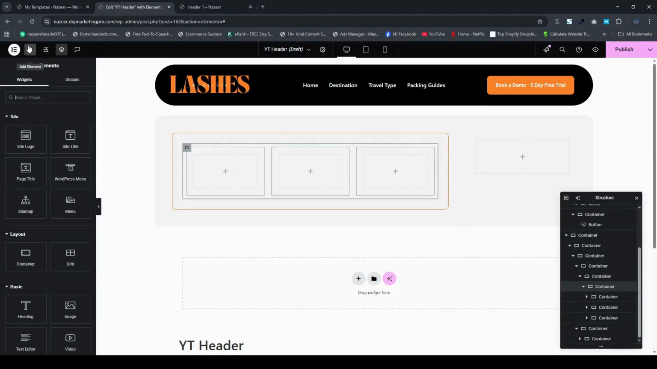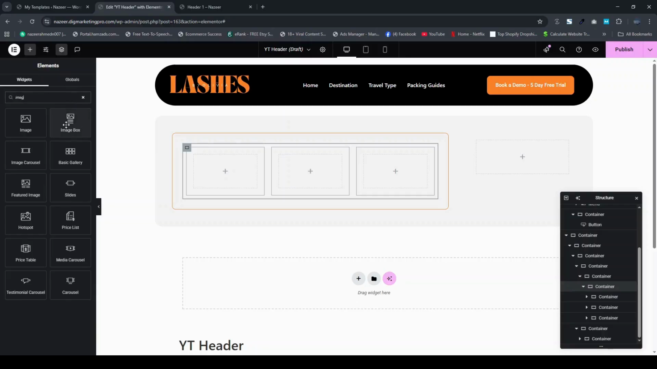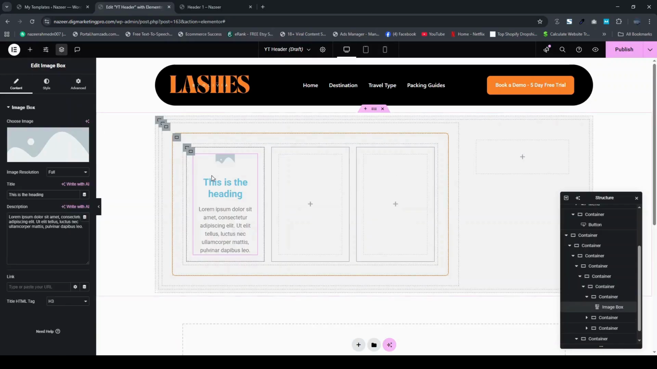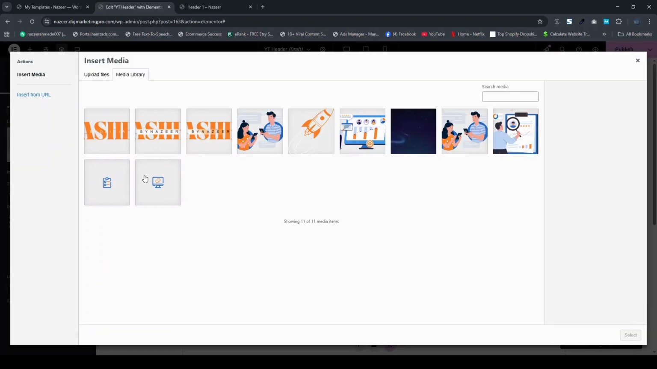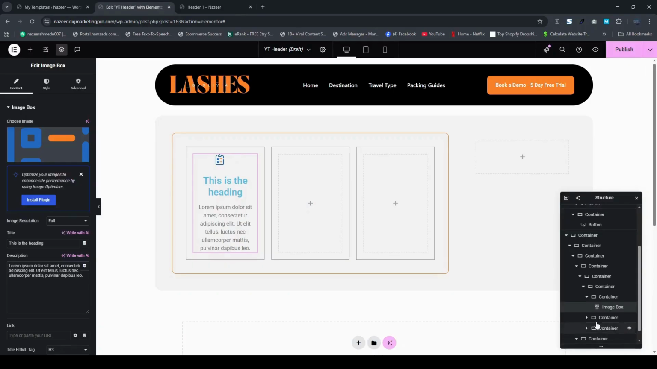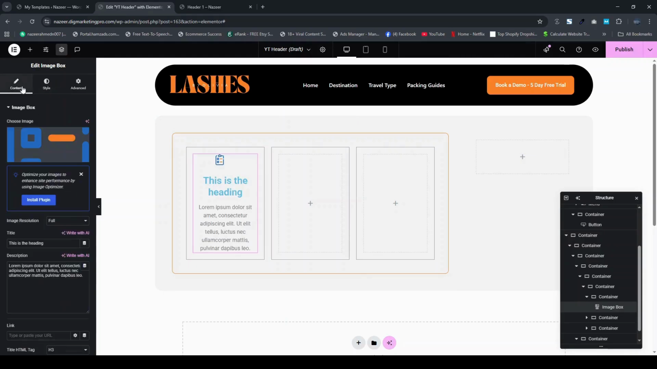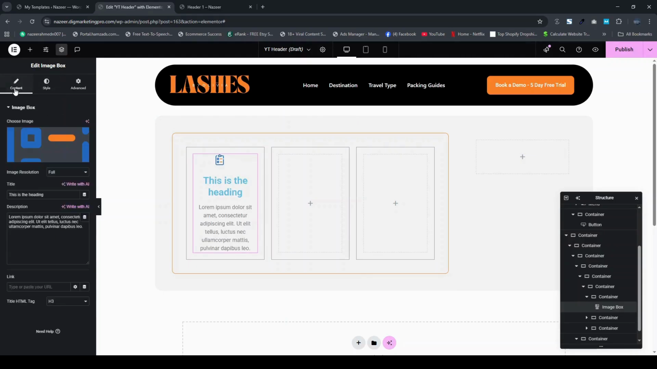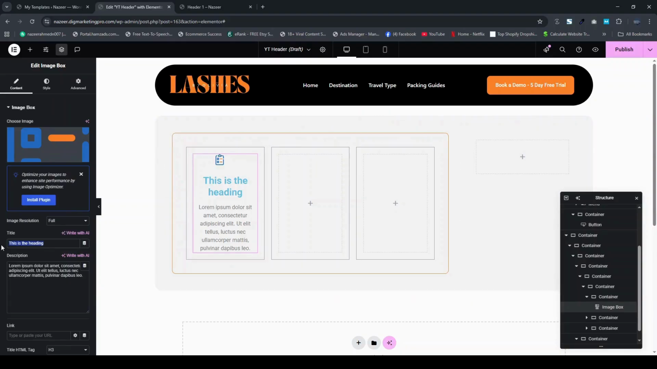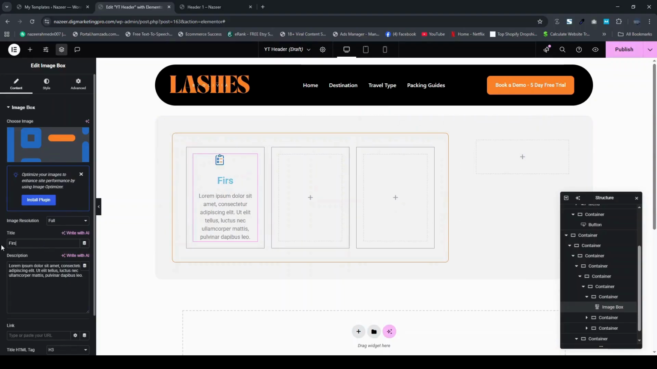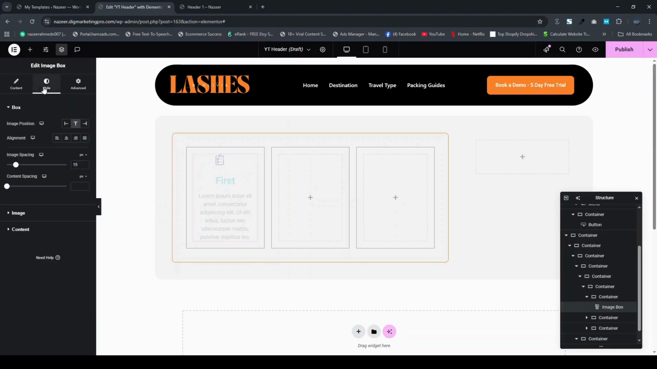So I will go back here, and I will just search for image box. I will drag and drop the image box here. So now you can see here is our image box. Here I will insert the image. For example this one, here it is, and here I will change the padding. I will make it first for example, and go to the style tab,